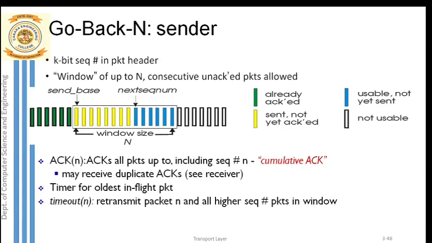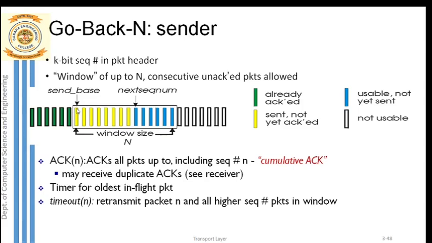Okay, so that means what? There are total 14 packets which can be sent from the sender to receiver, because the window size is 14. So total 14 packets you can send always from sender to receiver. But out of these 14 packets, only the first 8 packets are transmitted, because all these 8 packets arrived from the application layer. They were available at the transport layer. So these 8 packets are already sent, but for these 8 packets, acknowledgement is not received. So that is why base is pointing to the beginning of the window.